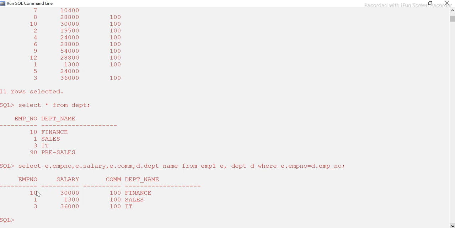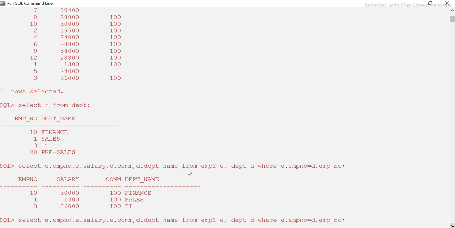See, employee numbers 10, 1, 3 are only coming. Why? Because employee number 10 is here, employee number 1 is also here, 3 is also here, in these two tables. These three employees, because we are putting the join on this employee number, right? So 10, 1, 3 are coming. I'm not taking it from this table.